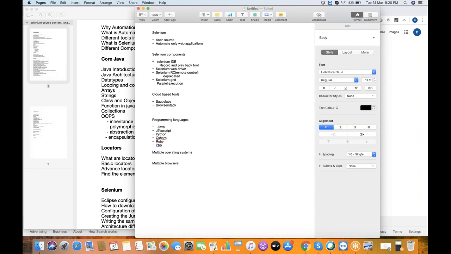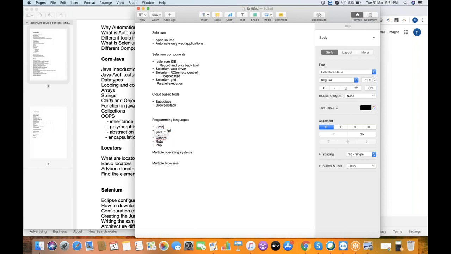So 80% of the market is on Selenium Java only. Mostly whenever people want to learn Selenium, initially they start with Selenium Java. Even if you compare the job openings, mostly they belong to Selenium Java only. But nowadays there is a huge demand for Python and JavaScript as well.